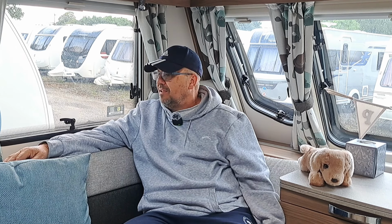So after the other Bailey, we then went on to the Coachman, and the Coachman for us was, and I really don't like using this phrase, an absolute game changer. It had the island bed, which was on the back wall. It met every single requirement me and Sarah needed, and up until last year, it still did, up to a point that with